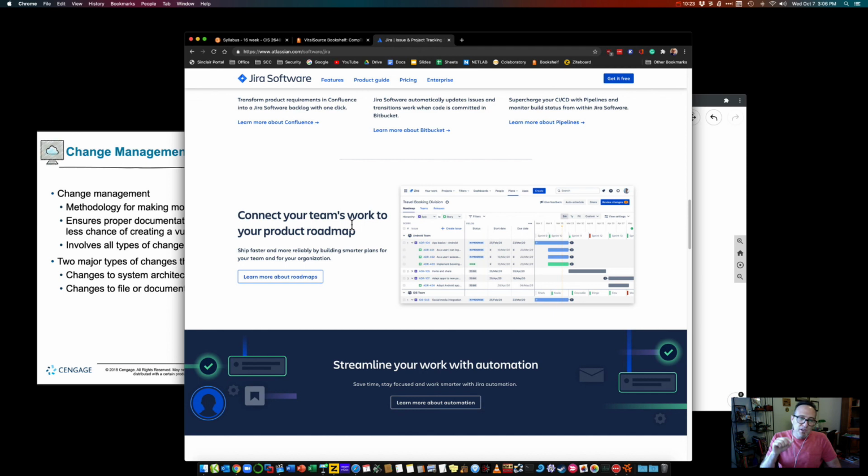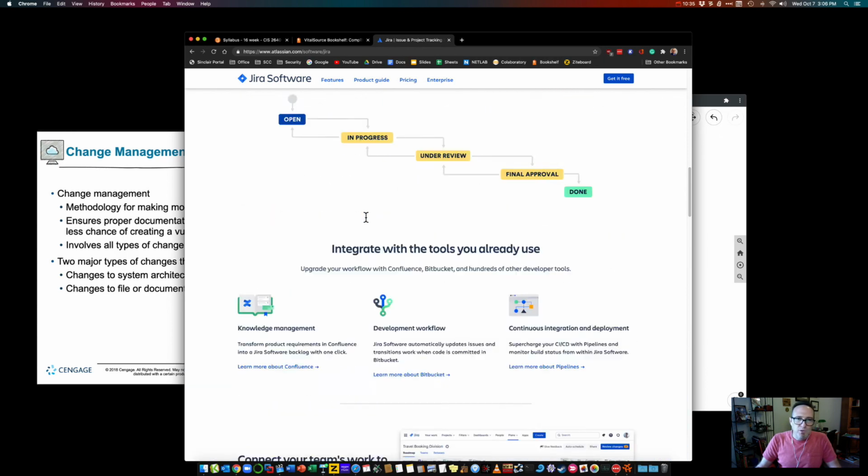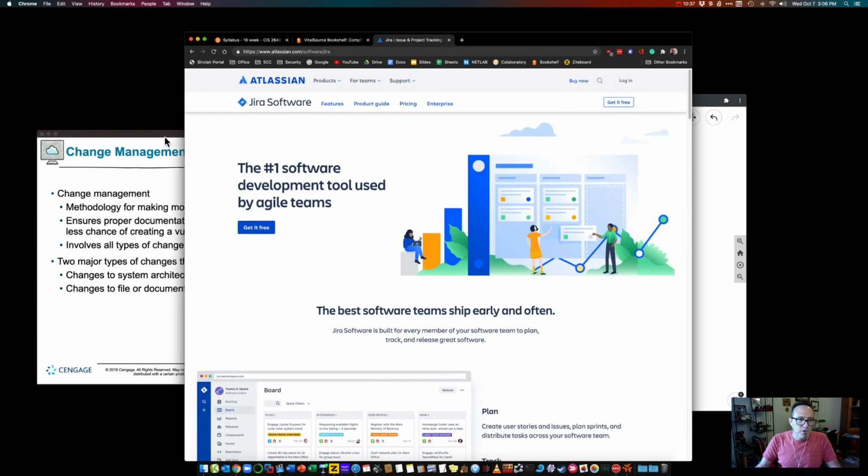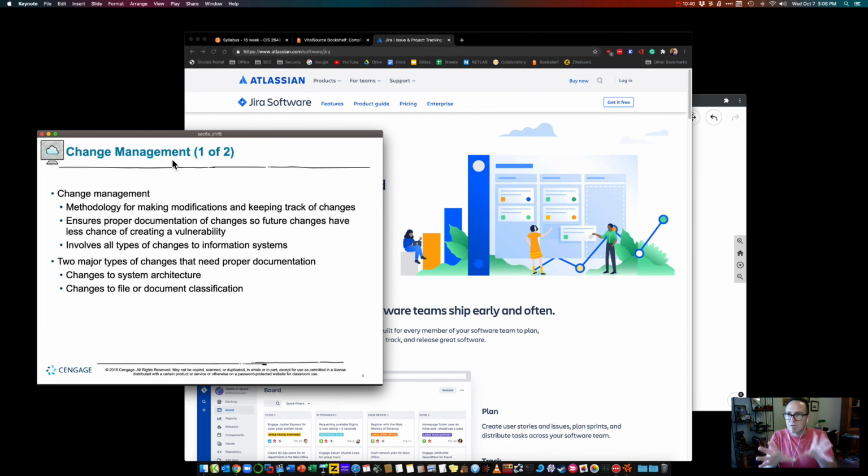If it's found early, and especially in design, it can be fixed and tested cheaper than it is to roll it out and fix it later, or even worse, have it be discovered later by an attacker. So change management is going to be a real huge area here, and this is really what this is about. Most of my lecture here is going to be about change management, because the rest of the chapter itself